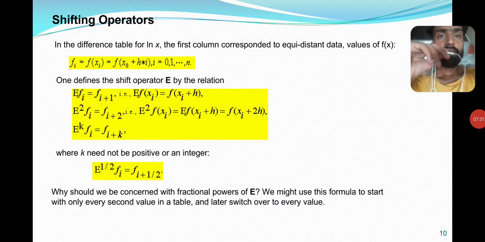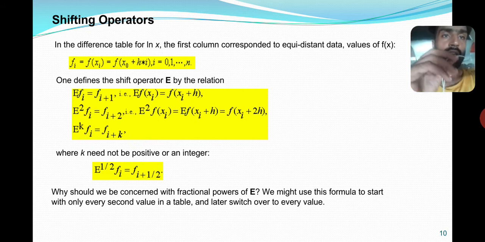Shifting operators. In the difference table for f(x), the first column corresponds to equidistant data values of f(x). f_i equals f(x_i), where x_i equals x0 plus ih, for i equals 0, 1, ..., n. We define the shift operator E by the relation